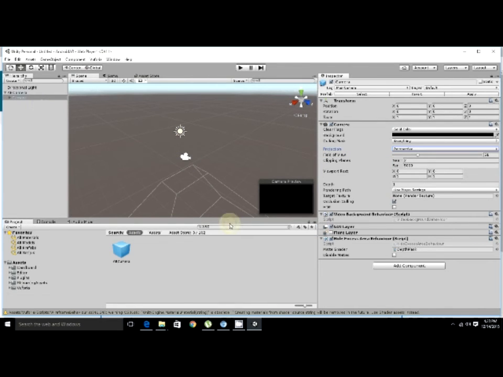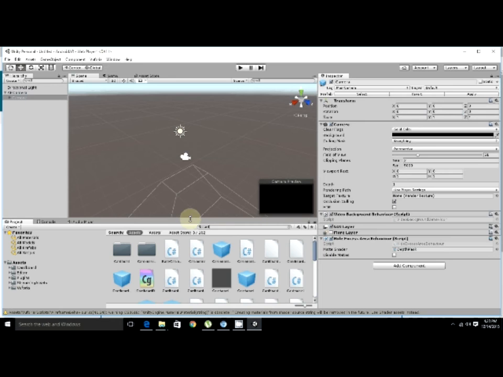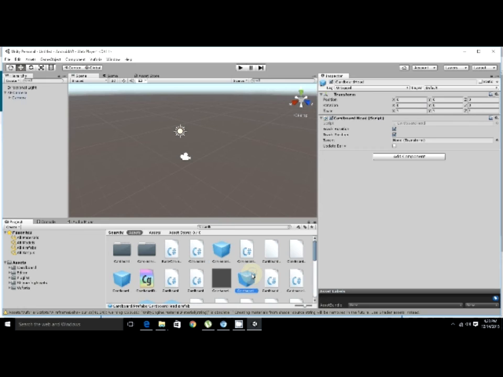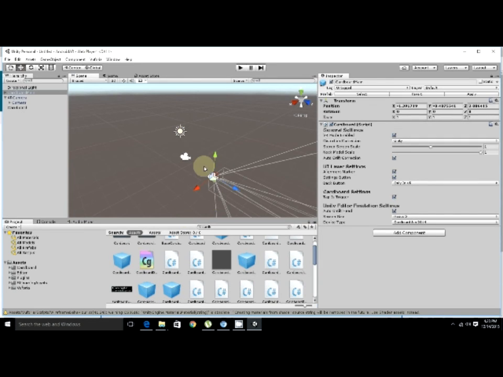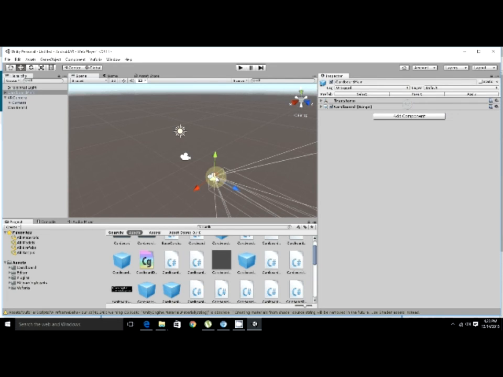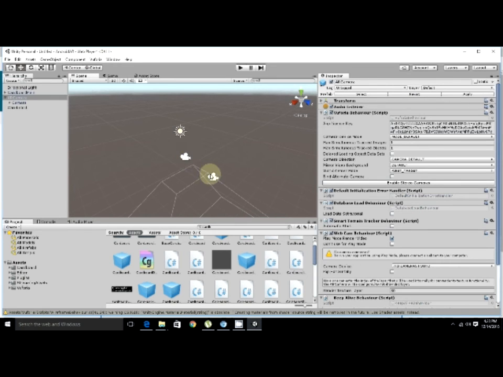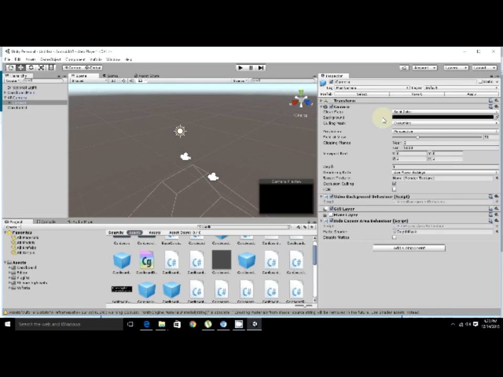Once this is done, now we have to import Cardboard Main. What you have to do is import the CardboardMain prefab over here. You can find CardboardMain.prefab, just import it. This is the camera for the Cardboard and this is the camera for the AR. Once imported, you make sure that they are in the right coordinates. This is very important for the scene to be visible.